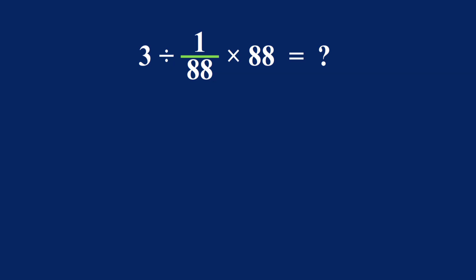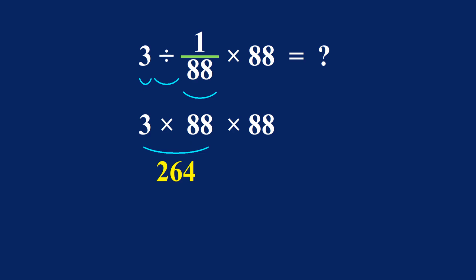3 divided by 1 over 88. To do this division, write down the 3, change the division to multiplication, and flip this fraction to 88 over 1, which gives 88. And here again we have times 88. 3 times 88 gives us